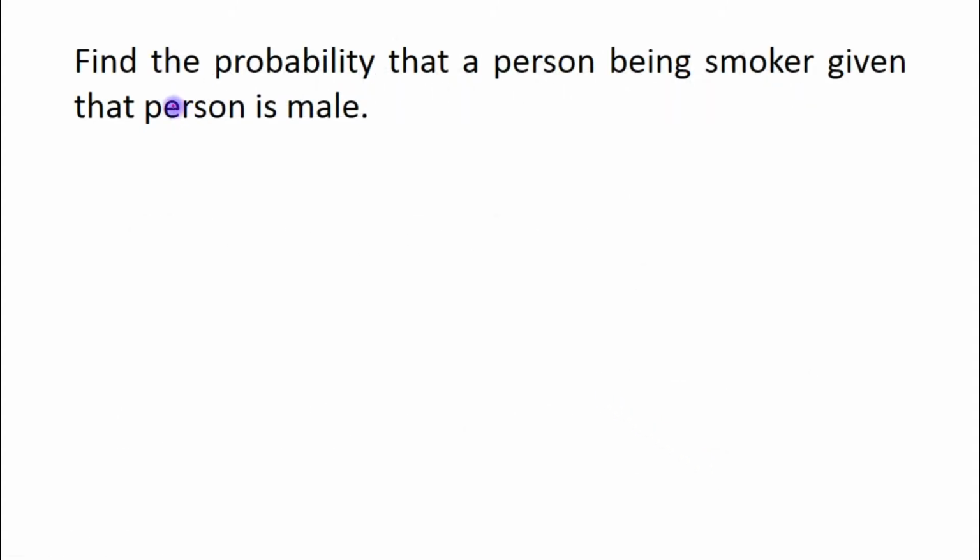Now let us start this question. Find the probability that a person being smoker, given that the person is male. So we need to calculate probability that a person being smoker, that means y1, and given that the person is male, that means x1. So it will be equal to its joint probability whole upon